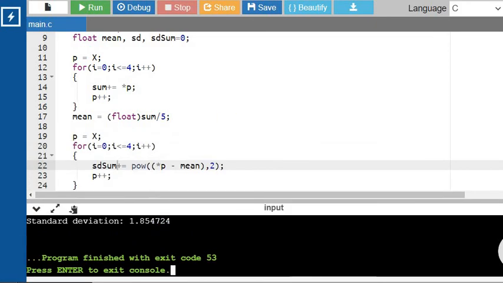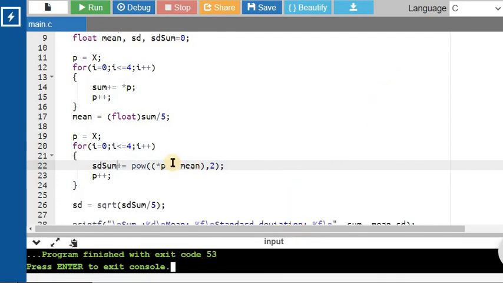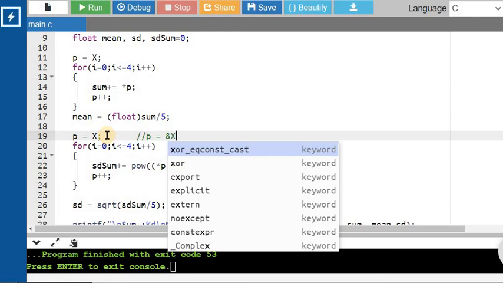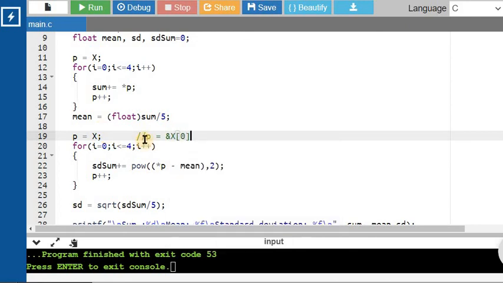The main objective of this program is to demonstrate the use of pointers to iterate over the elements of the array. Initially, we make the pointer point to the first element of the array by assigning it to the name of the array. Alternately, I can also write this as p equals ampersand x of 0. This is same as assigning the value of p to x. Then performing p plus plus will move it to the next element in the array.